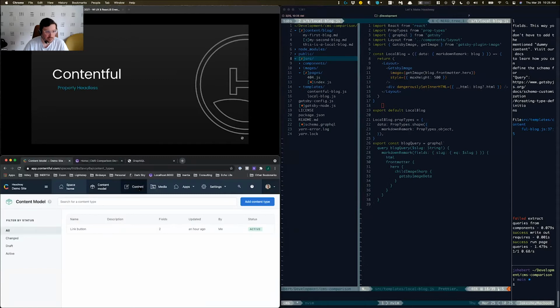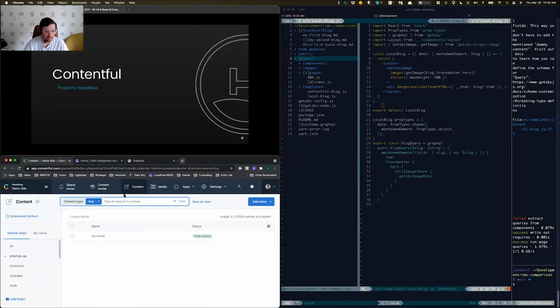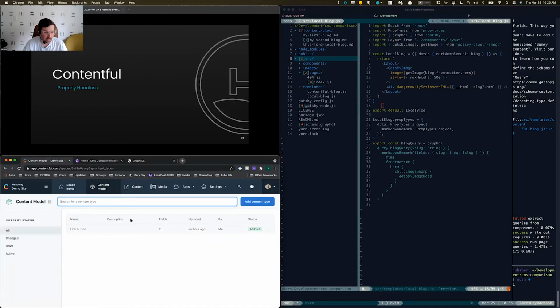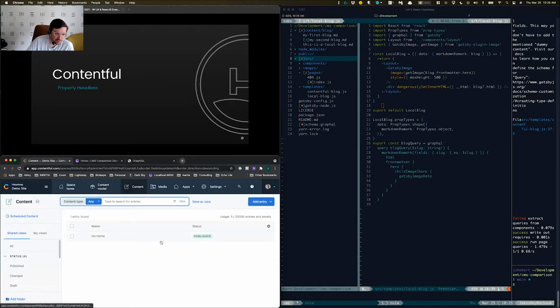I've already got a site kind of wired up, but I don't have much content in here. I've got one button that I've wired up, and we'll get to that in a minute. And I've got just one instance of that button. So in Contentful,